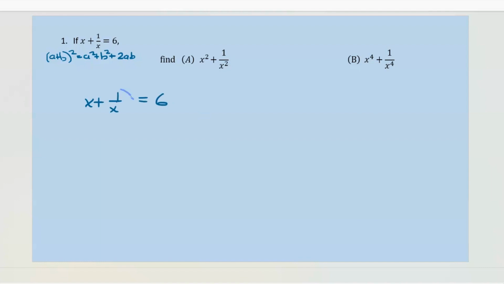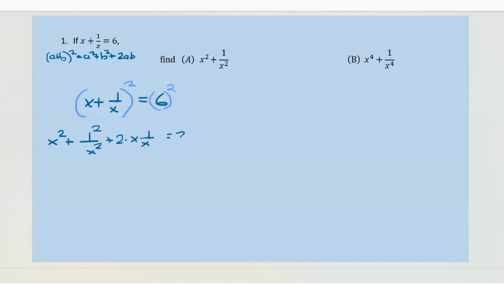We're going to whole square both sides to result in x squared plus 1 square over x squared plus 2 times x times 1 over x